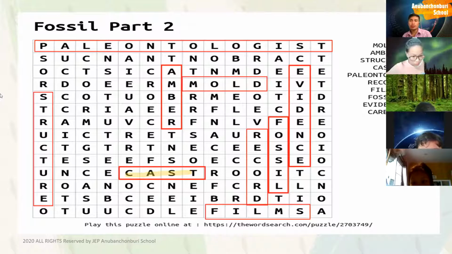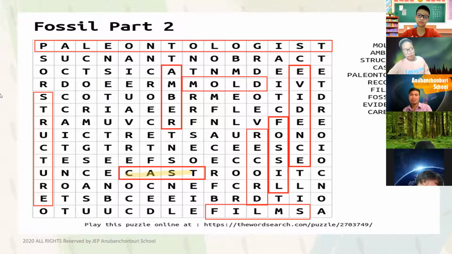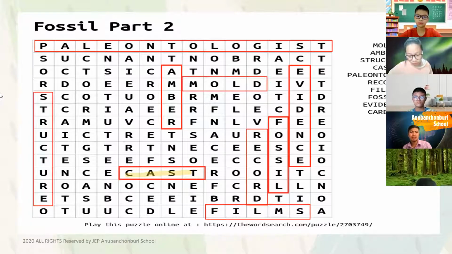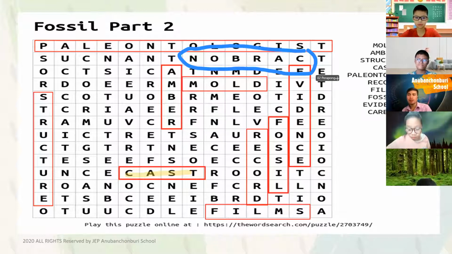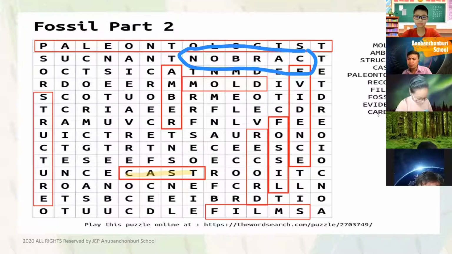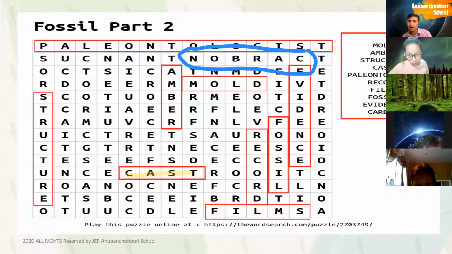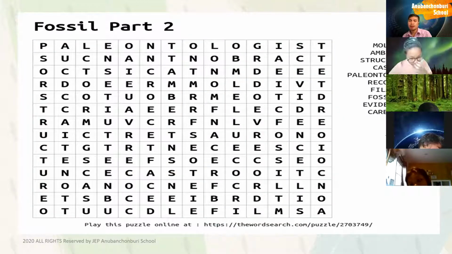So who can find the last word? Carbon. Okay. Pirapong, go ahead. Find the word carbon, so that we can finish this. Okay, there. Very good. Thank you, everybody, for participating. Did we miss any words or we finished everything already? Okay, finish everything. Thank you for participating, especially those who are always participating.